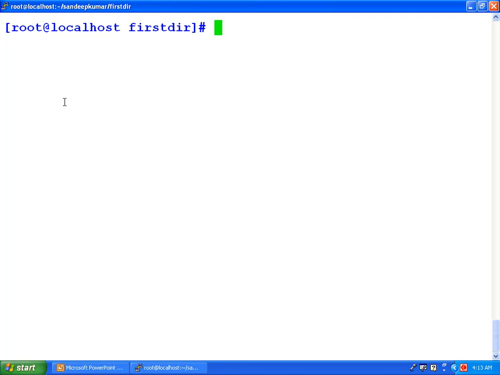With the help of the cat command, we can create a file and we can write some contents into that file. Let us see the options of cat and the greater than symbol and what file we want to create. Let us suppose that it is third.txt and we have to press enter. Now the console asks us for the details of what we want to write in that file.